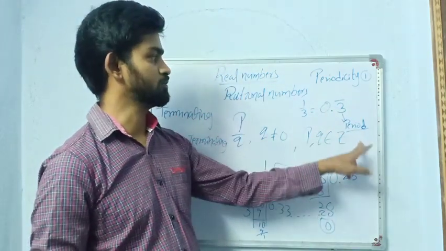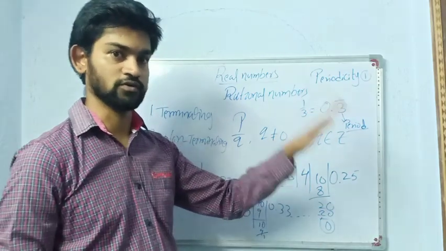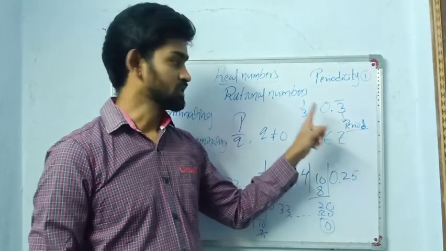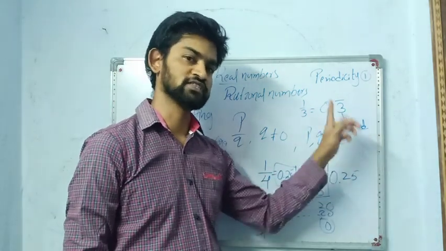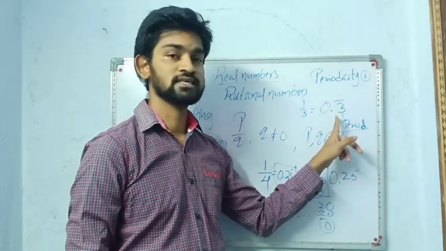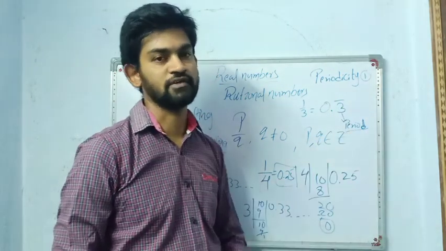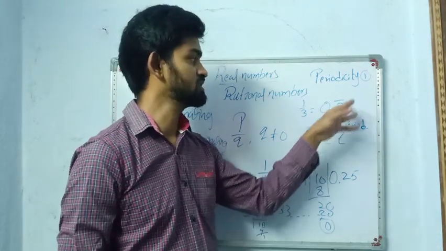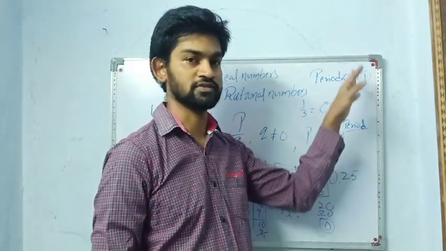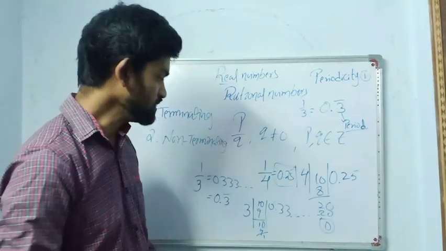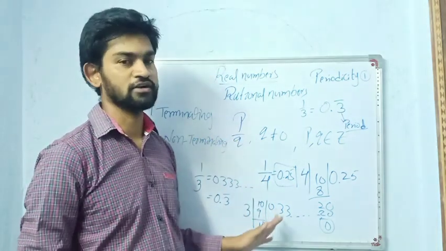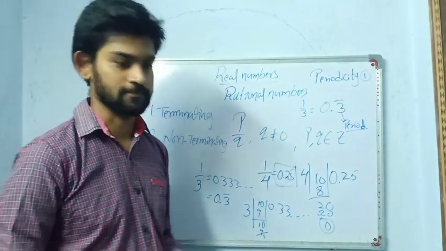These two are very important definitions. Keep in mind. If you want, note them down. One more time I will repeat. Period is the number or numbers which are repeating. Periodicity is the number of numbers repeating after the decimal point. How many are repeating here? Only 1. So this is the difference between period and periodicity. Very important words these are. Keep in mind. Now let us move on to how to identify terminating and non-terminating without doing actual division.